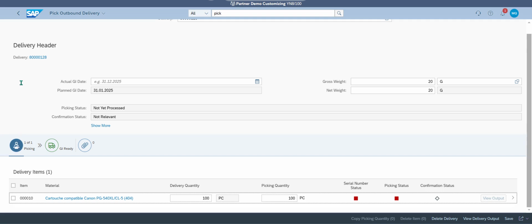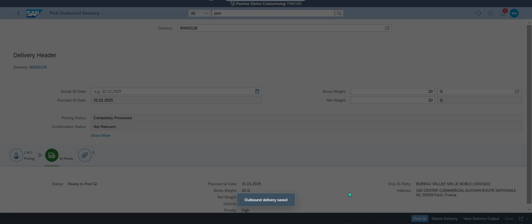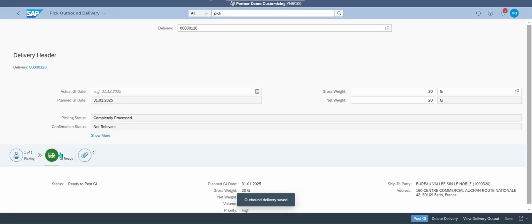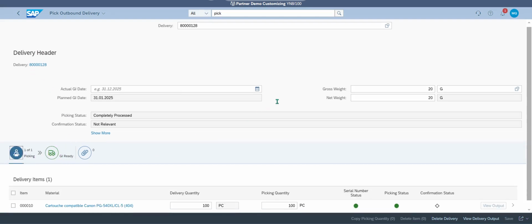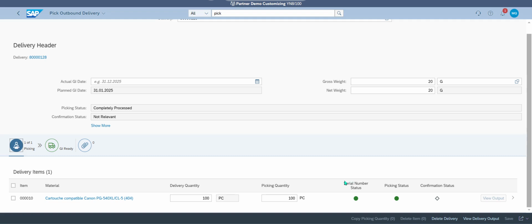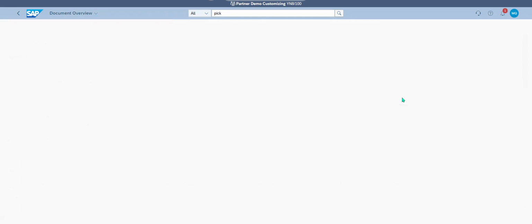So if everything is okay, your first step is to save. You will see right now the status of your delivery is goods issue ready. If I go back to my picking, I see that everything is green: the sales order status is green, the picking status is green. If I want to see the view delivery output,